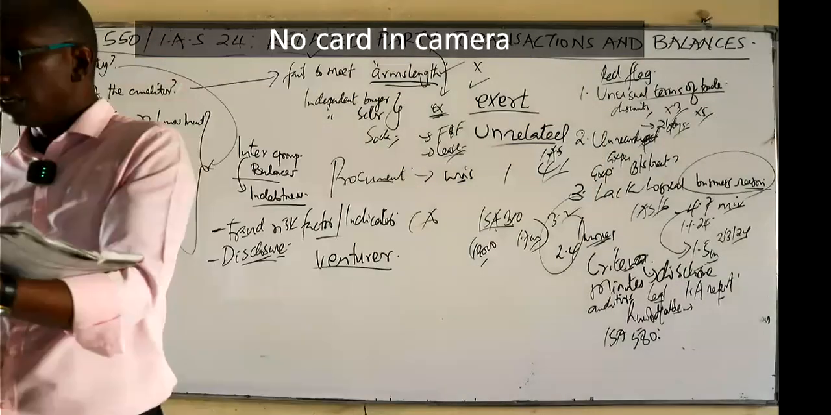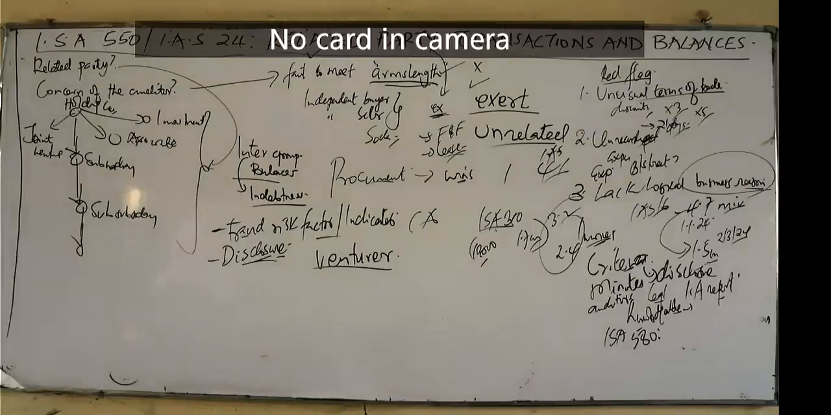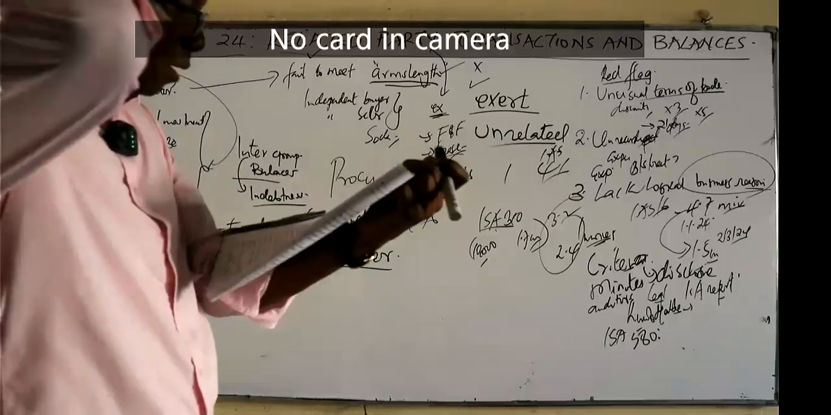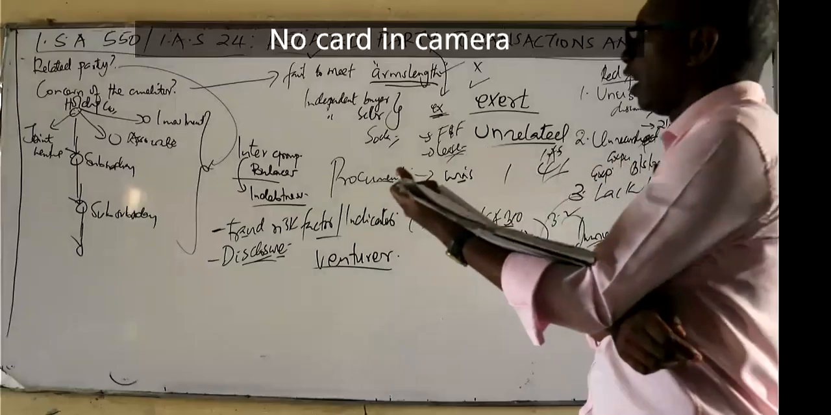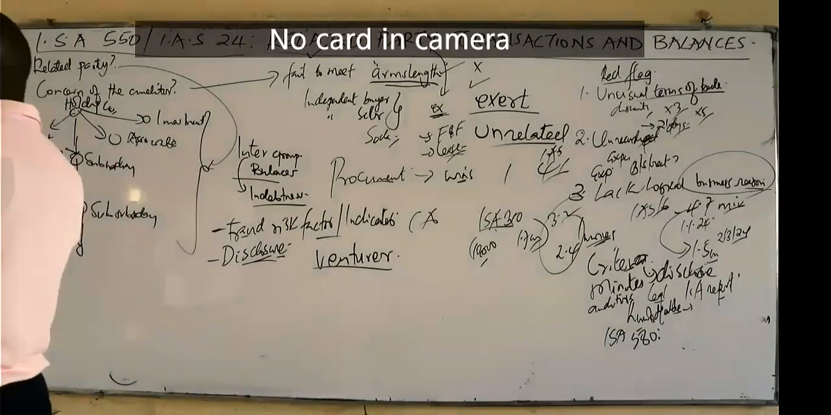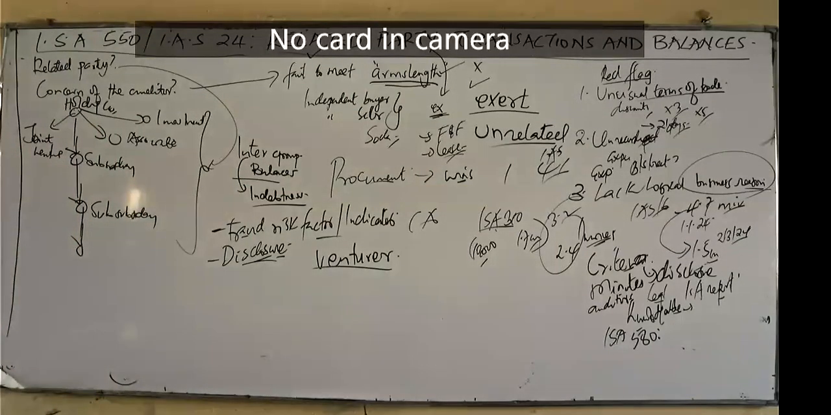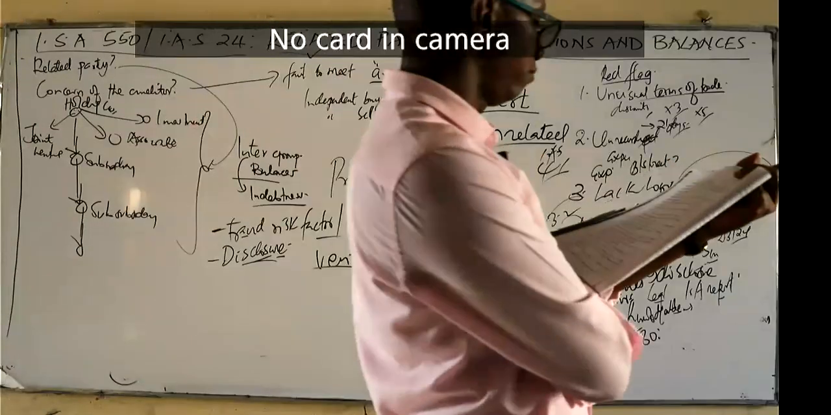Transactions with abnormal terms of trade, e.g. unusual prices, unusual discounts, unusual repayment terms, interest rates, etc. Number 2,